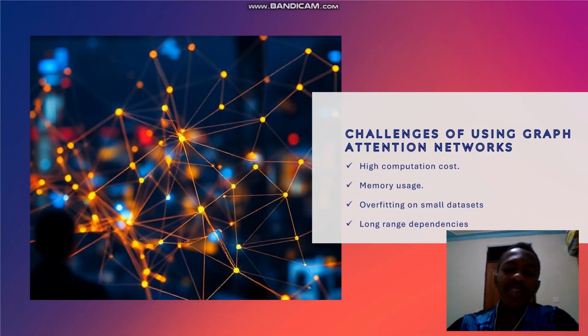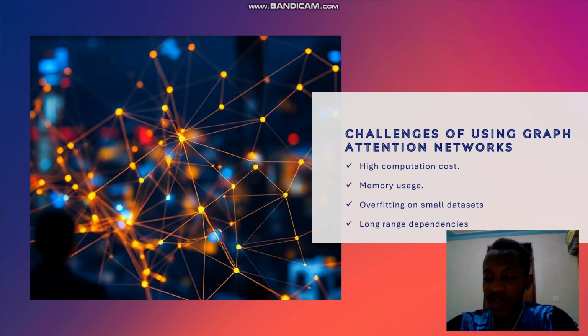Then now we can talk about the challenges of using the graph attention networks. The first one is high computation cost. The attention mechanisms require matrix multiplications for every edge, and this increases the computation cost of using the graph attention networks. And then the second one is memory usage, where storing